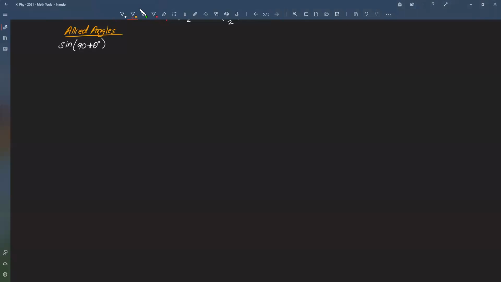right? Obviously, when we will be using this in physics, we don't need to know whether they are called allied angles or what type of angles. We just care about the results. So sine 90 plus theta, suppose this is what you have to find. You already know what is sine A plus B. Sine A plus B is sine A cos B plus cos A sine B,